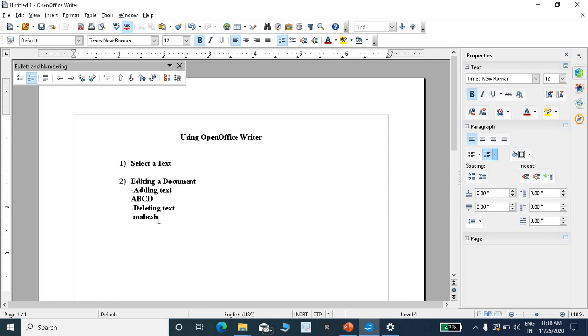First of all, move your mouse cursor to the alphabet you have to delete. Suppose I have to delete this H. By using backspace, you can delete a particular alphabet. A single alphabet you can delete. See, I'm going to delete.